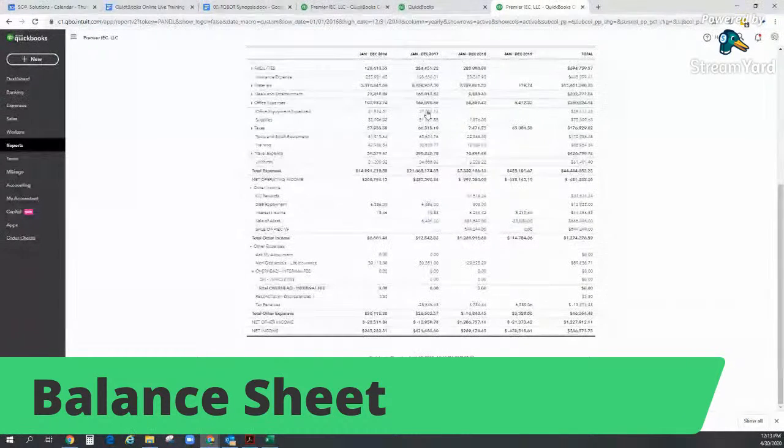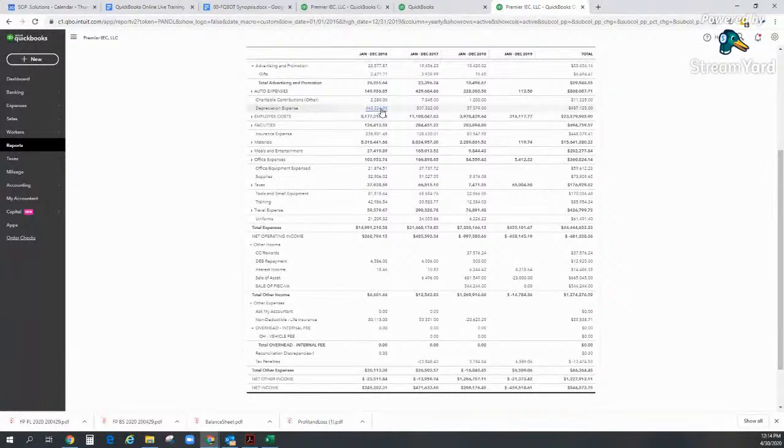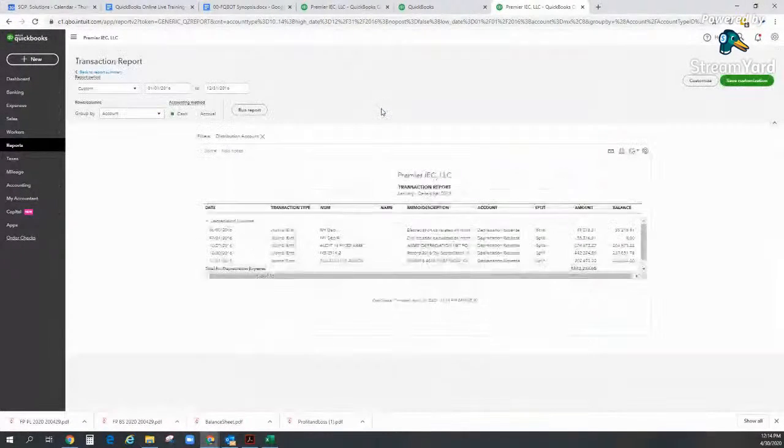This is my profit and loss. My profit and loss talks about the income. So that accumulated depreciation, it does show up again, right here. So this is where it's being deducted. You don't account for it. You do not put fixed assets on the profit and loss. When your accountant or your tax person figures that number out, you'll come back in, you'll put it in as a general ledger item. So that journal entry,